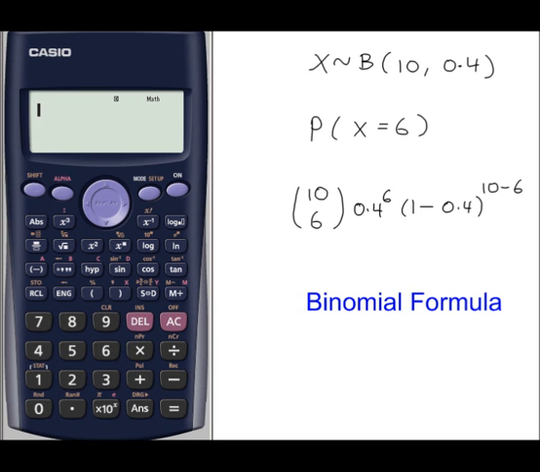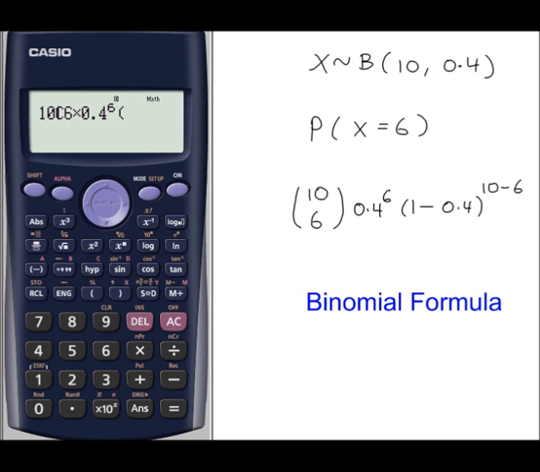Using the calculator to work out binomial probabilities using the binomial formula. Okay, so I need to enter this into the calculator. Now this part here, the 10 over the 6, it's not a fraction. Okay, the way to enter this is 10, press the shift key, so the S is highlighted, and then this function, NCR, it's on the divide key there. Okay, so 10C6 times 0.4 to the power of, so this key here, to the power of 6,